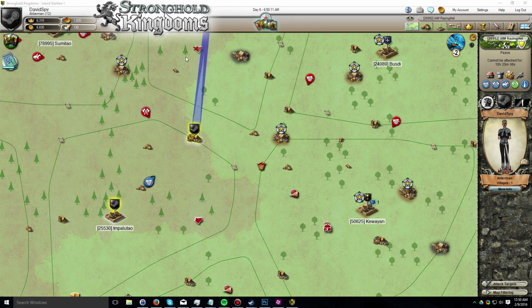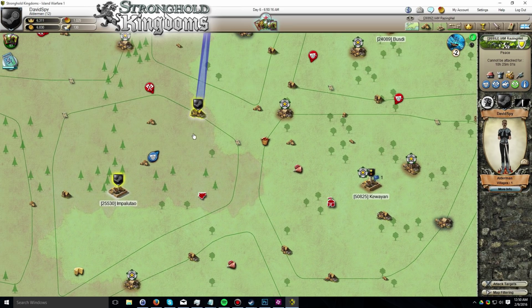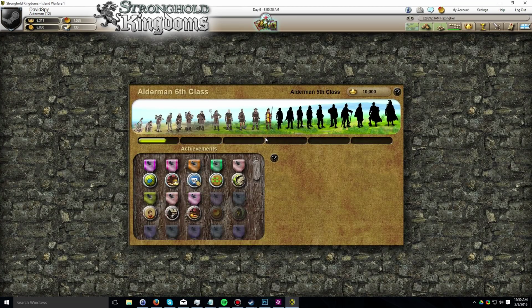Welcome to day 4 of my banqueting build log for Stronghold Kingdoms. In this past day, I have finally achieved the rank of Alderman. So I'm currently working on getting my second village, which I hope to have by tomorrow, so that should be